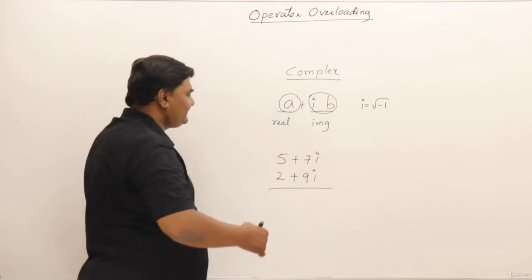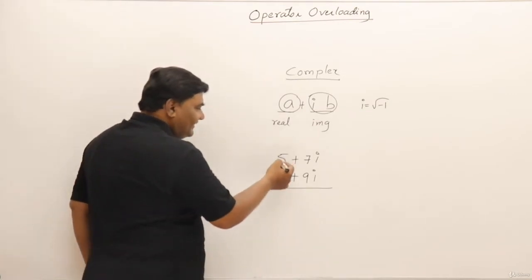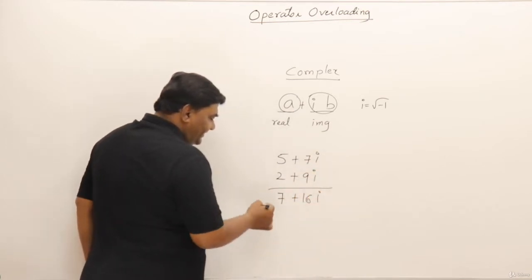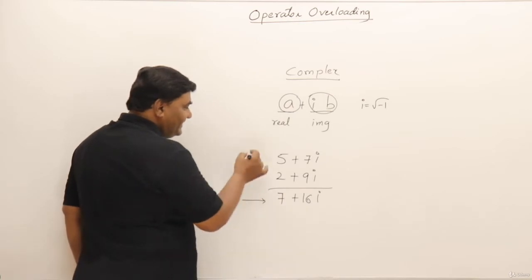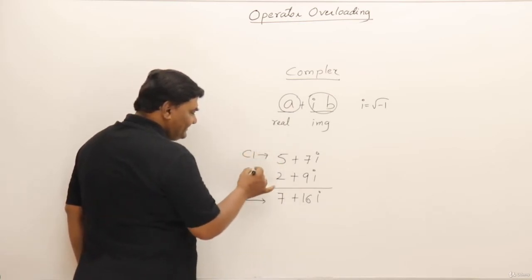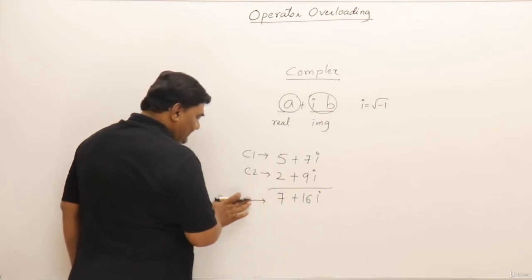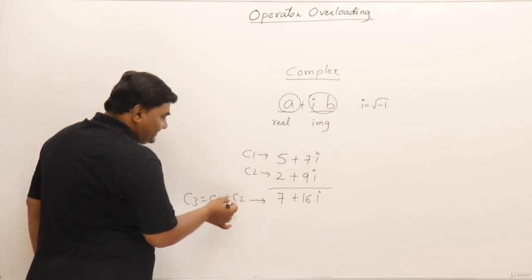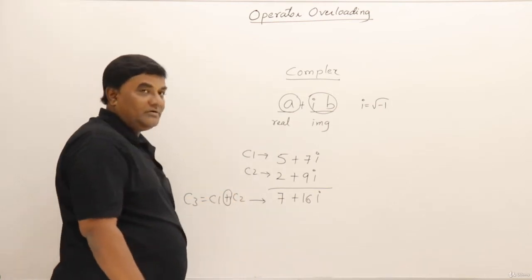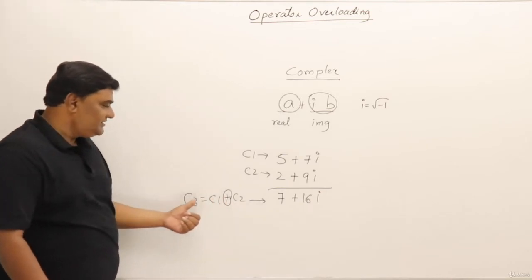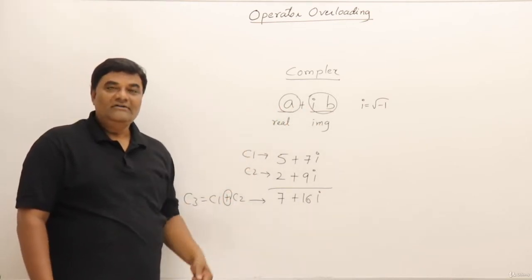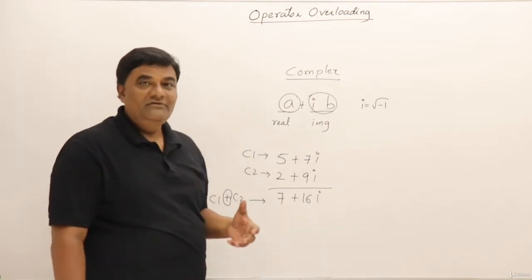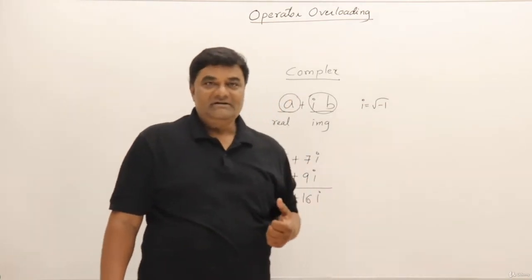Then if I have two complex numbers, we can add them by adding the real parts separately and imaginary parts separately. So we got this as the addition of two complex numbers. If I say this is complex number C1 and this is C2, then the result I got here is C3, which is C1 plus C2. So yes, we can perform addition on two complex numbers. The same thing I want to achieve programmatically, that I want to have a plus operator overloaded. So let us write a class for complex number and see how we can overload the addition operator, plus operator.